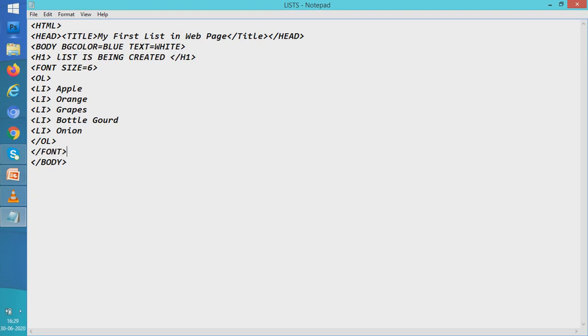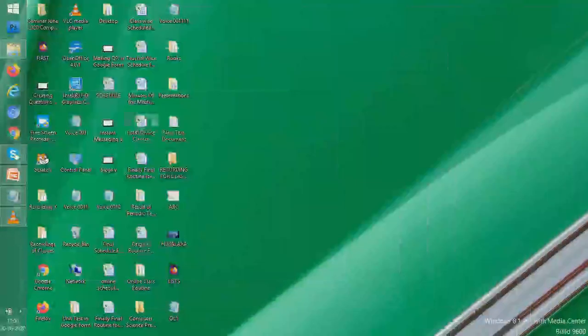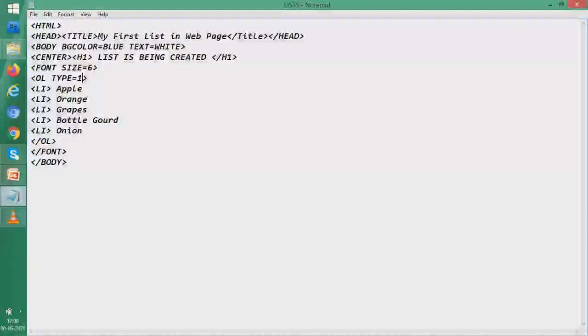Secondly, why not make these things at the center? So why not make the heading at the center? How can we make the heading at the center? We'll write CENTER, and we now end center after H1.